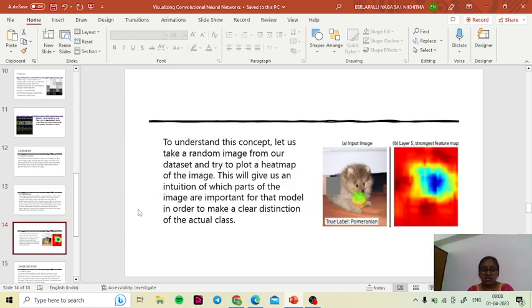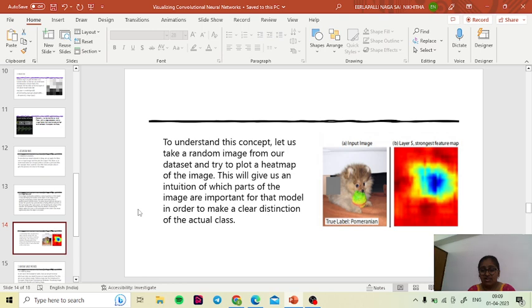So let us understand this concept by taking a random image from our dataset and trying to plot a heat map of the image. This will give us an intuition of which parts of the image are important for the model in order to make a clear distinction of the actual class. Here we are taking a random image from our dataset and plotting a heat map so that we can know which part of the image it considers important to predict the output. As we can see here, the input image is a dog, and the dog is holding a thing,